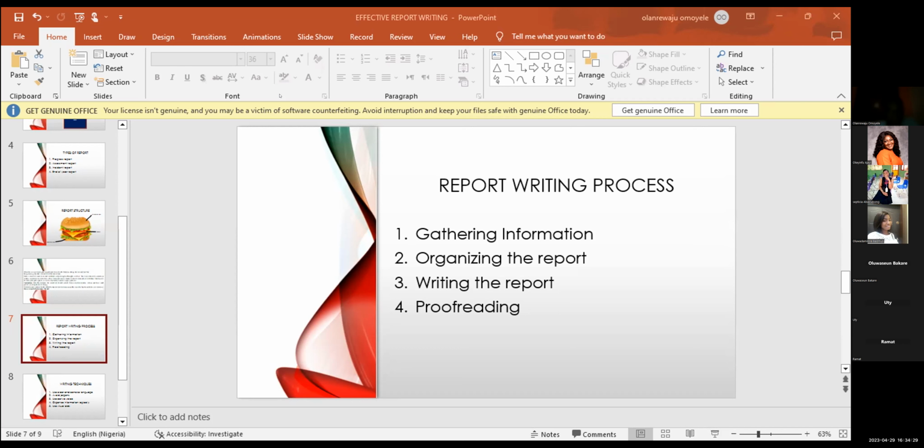Then you organize the report. You say, okay, I've gathered my information, let me now organize it. How do you organize it? You go back to your structure and ask what will be the introduction. I have to put all these things under headings and subheadings, depending on how you want to put it. You can say introduction, observation, then suggestion for improvement, and conclusion. You're organizing them into those headings.